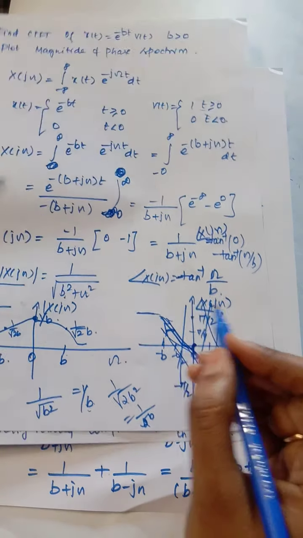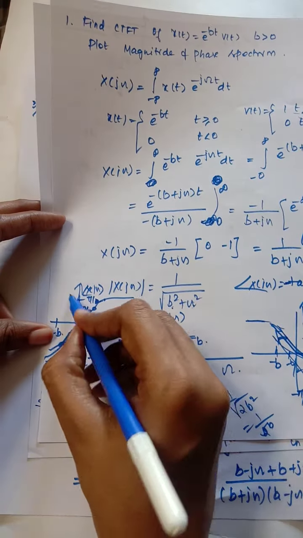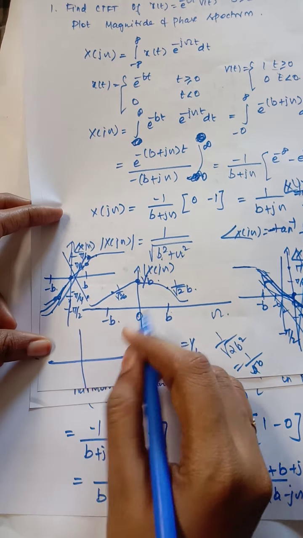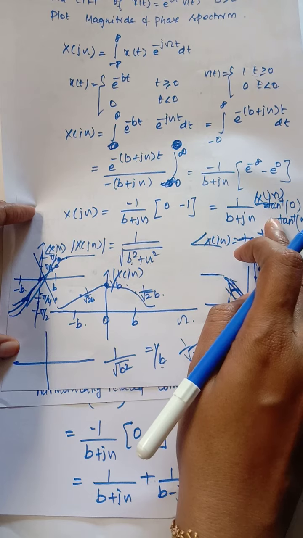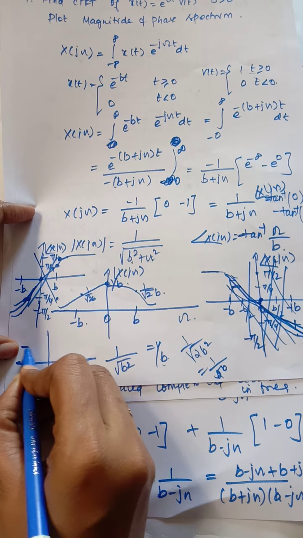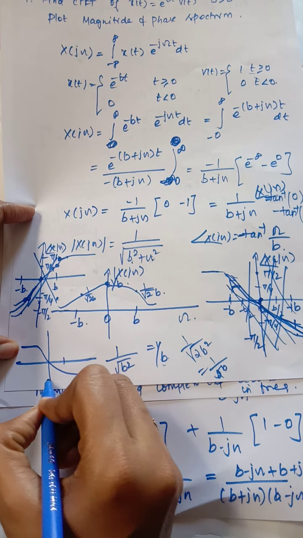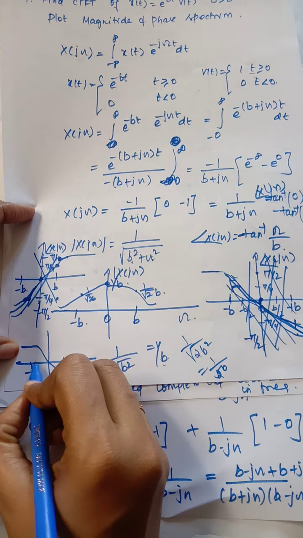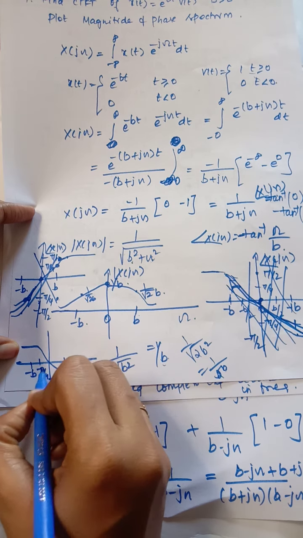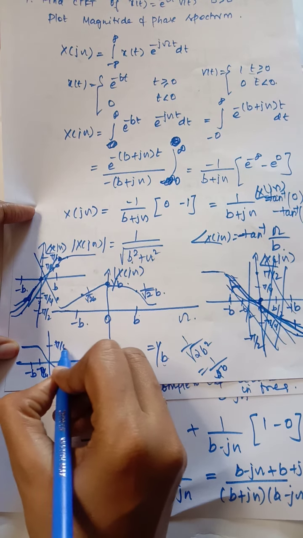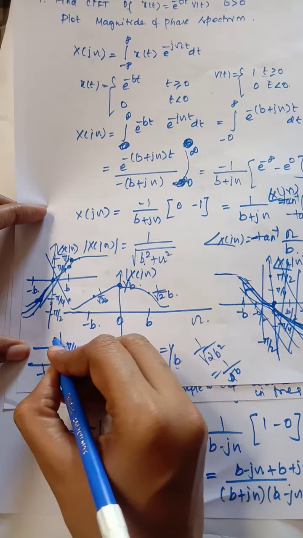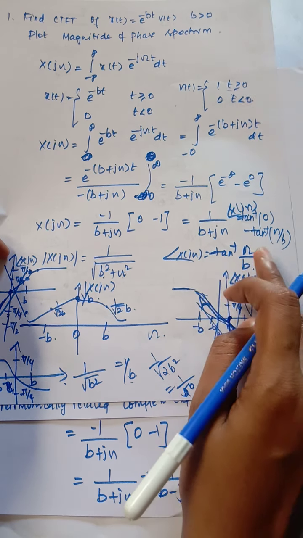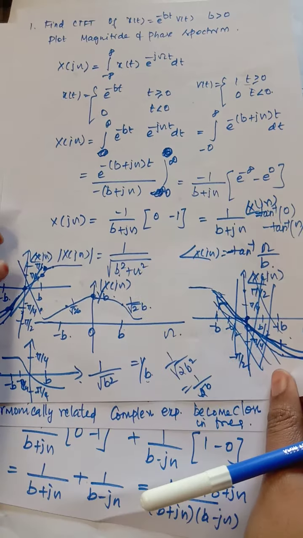So now you will get the opposite side. So this is not your frequency spectrum, it is the phase spectrum. What you will get is, since you are getting minus, you will get a value like this. So here it is for b and it is for minus b, so this is pi by 4 and this is minus pi by 4. Okay, so I had forgotten to represent this, that is minus tan inverse of omega by b, so you will get the opposite of this.